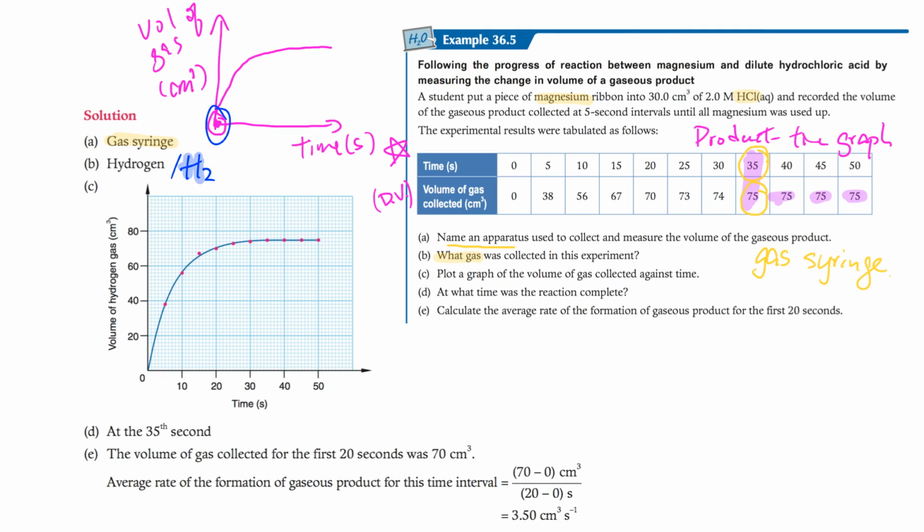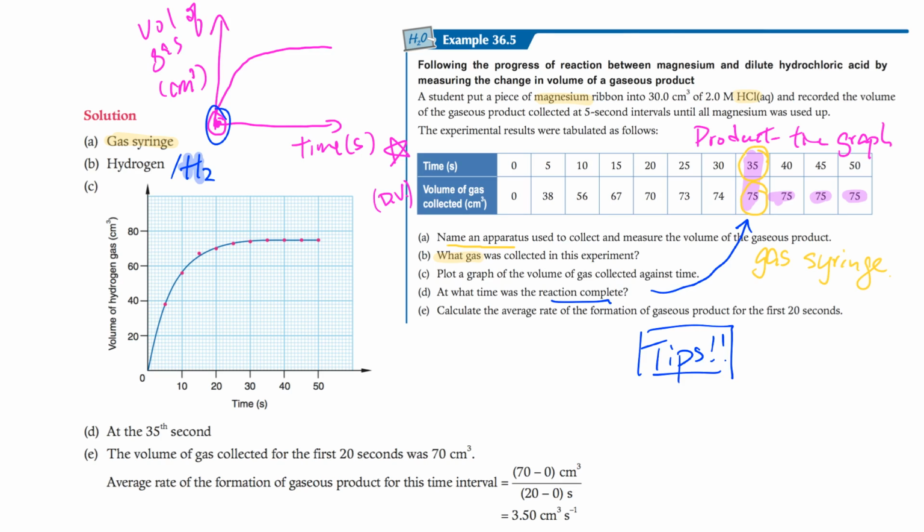Okay, at what time is the reaction complete? You don't need to rely on the graph. You just need to rely here. So there are some tips right here. Remember, in the exam, most of the questions you actually don't need to use the graph that you